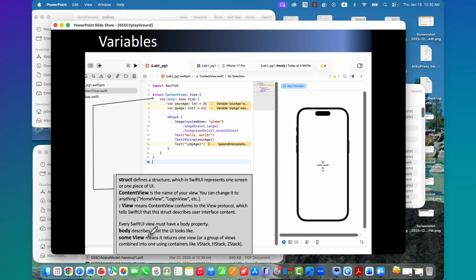And body is a body here. Every SwiftUI view must have a body property. The body property describes what the UI looks like. So this should be here, variable body, colon, and it shows you what the UI looks like.